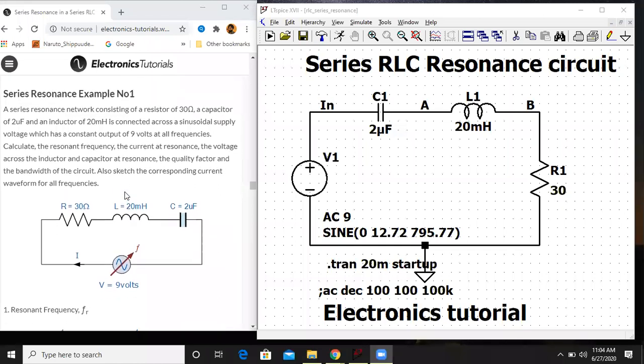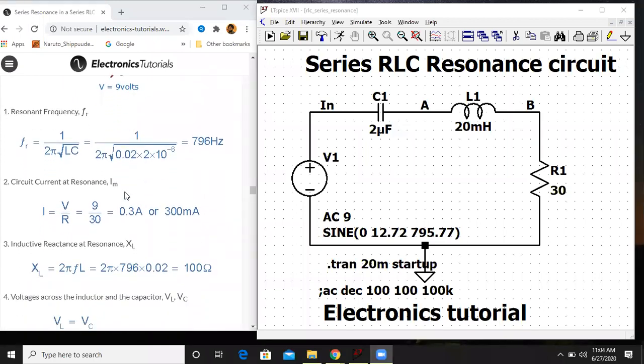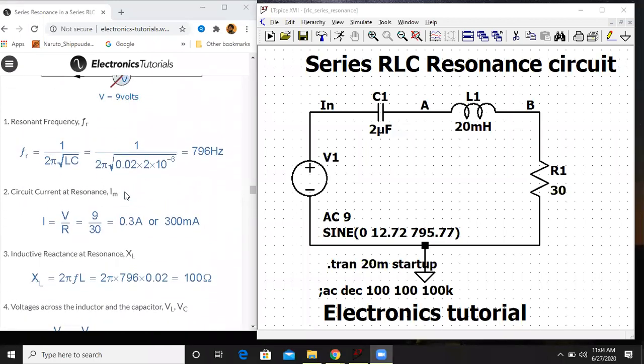This is a solved example which I've taken from the internet. They have evaluated all these things. That's why we require a calculator over here. We will use this formula. The resonant frequency formula is 1 upon 2 pi square root of LC. So quickly calculate this number, that is 1 upon 2 pi square root of LC, where L and C are given. You'll get close to this number.